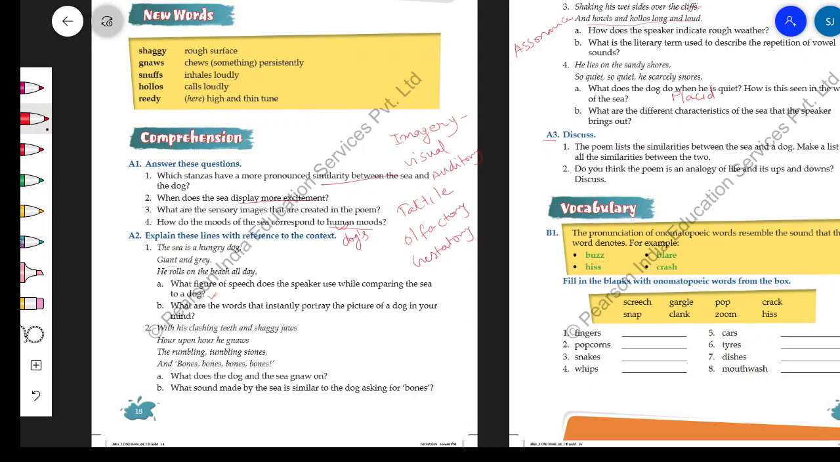For example, the sea gnaws upon the stones. Dogs also gnaw with their teeth on the bones. And then both dog and sea can be big and gray. They both roll on the beach all day, both are hungry. So you go through the poem and you find lots of similarities. Okay. Next one is: